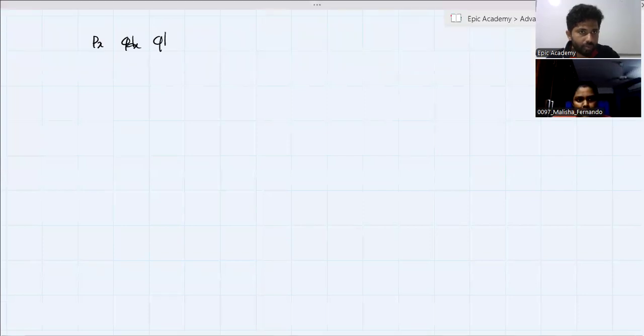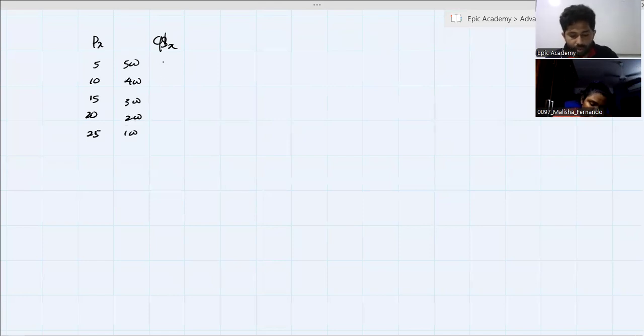QDX, QSX. Okay, right. Price 5 rupees, 10 rupees, 15, 20, and 25. QD is 500, 400, 300, 200, and 100. This is quantity supply. It is just 100, 200, 300, 400, 500. Okay, so those are the